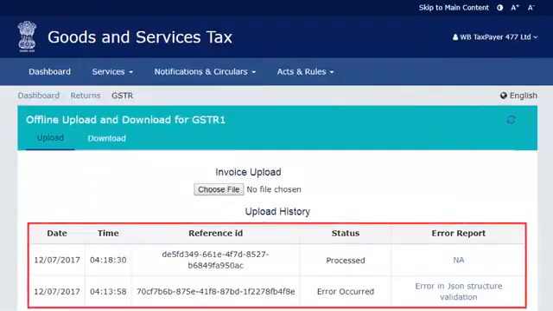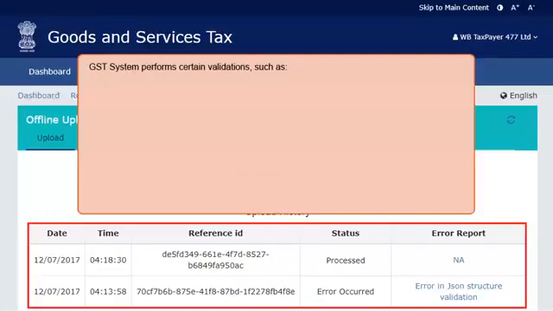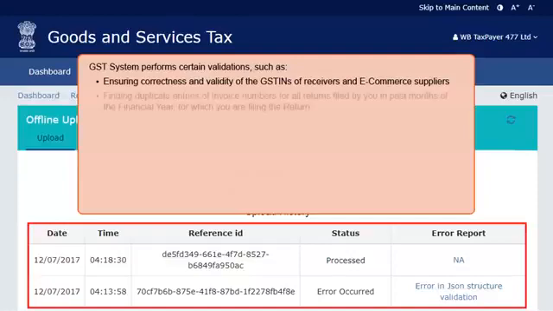If the file is uploaded successfully, the system will display a message stating that your uploaded invoices are being processed along with a reference ID. Depending on the number of line items uploaded, there will be a gap of few minutes from the time you upload the invoice data on the portal before it appears under the relevant section on the returns dashboard. This happens as the GST system performs certain validations such as ensuring correctness and validity of the GSTINs of receivers and e-commerce suppliers, finding duplicate entries of invoice numbers for all returns filed by you in past months of the